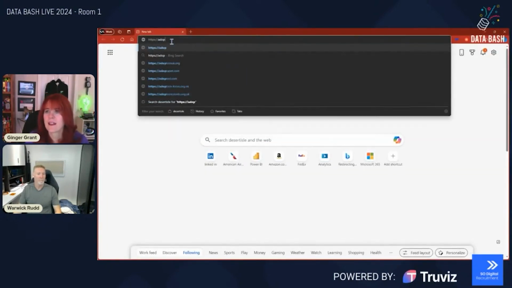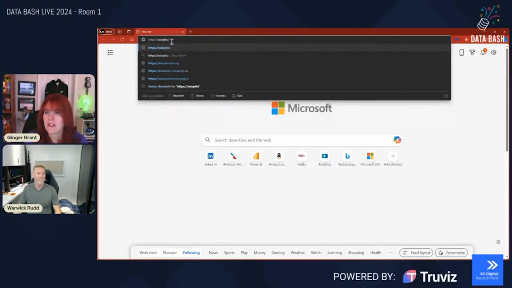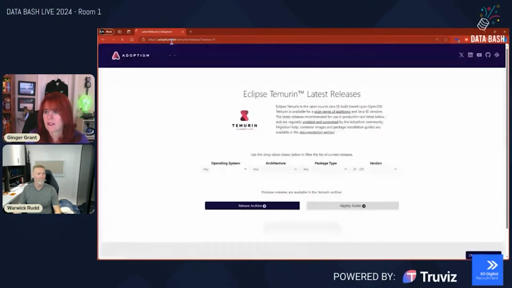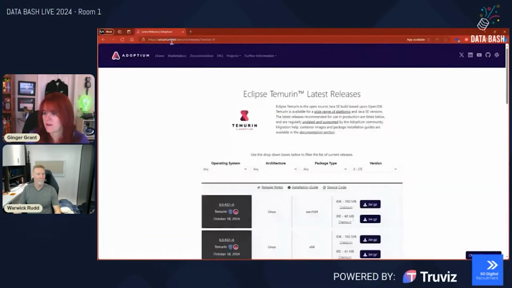Next I'm going to type in the address to get to the Java location so that I can add the JDK that I need in order for it to work as well. That's adoptium.net, and it is Temurin. Love these fun names. And then of course it is releases. If we go there, not only will we see a whole bunch of different releases, make sure I get the right version, for Windows, but also for everything in Linux as well. We've got a lot of different ones in here.